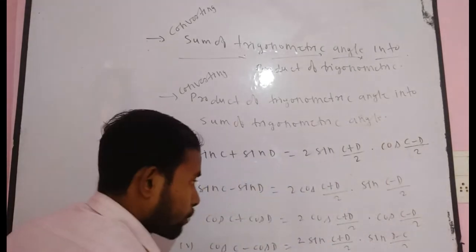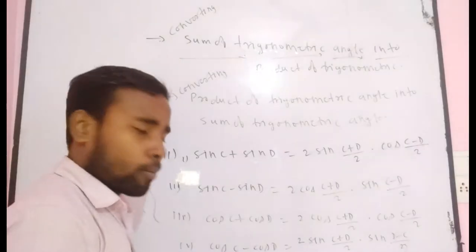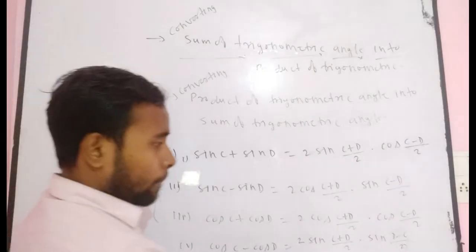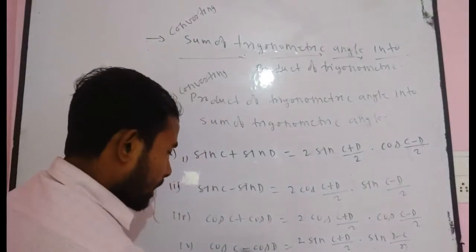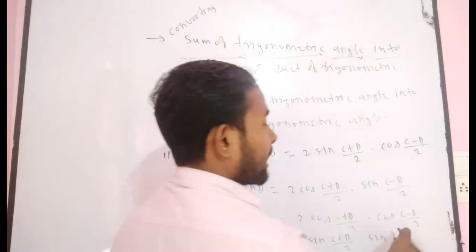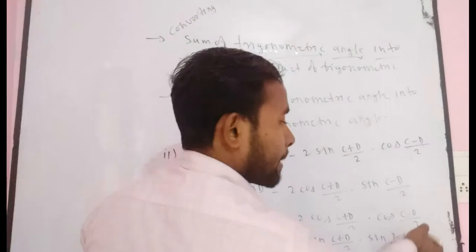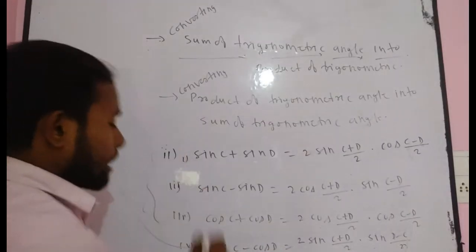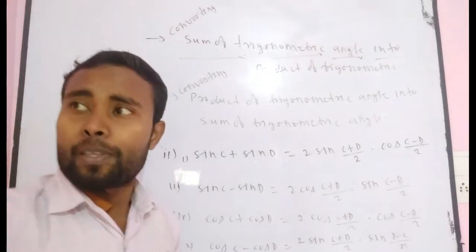You have to remember this formula because it is different from the above three formulas. In all those formulas you write (C-D)/2, but in this one you write (D-C)/2. Sometimes it is also written as cos D minus cos C is equal to 2 sin((C+D)/2) into sin((D-C)/2). If you want to write it in terms of (C-D)/2, then you can write this formula as follows. I want to write it in the above part of the sheet. First I want to rub the above portion.